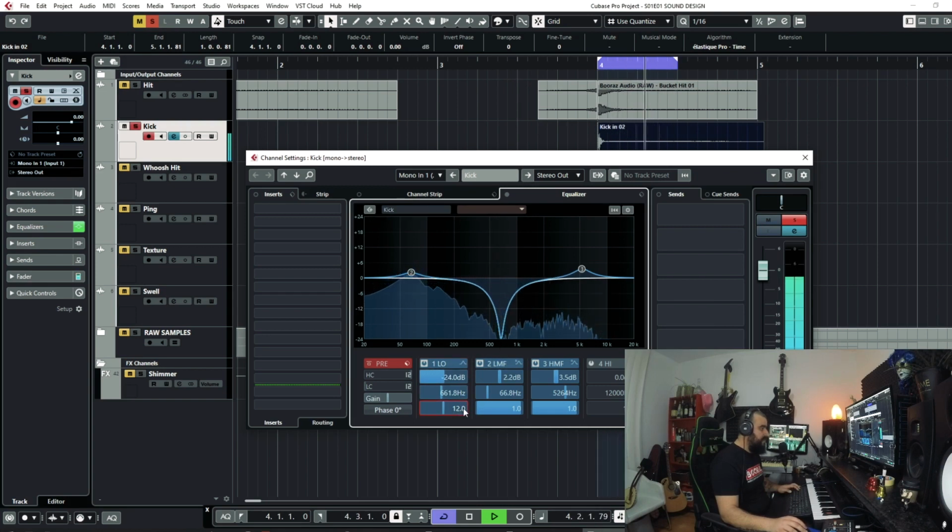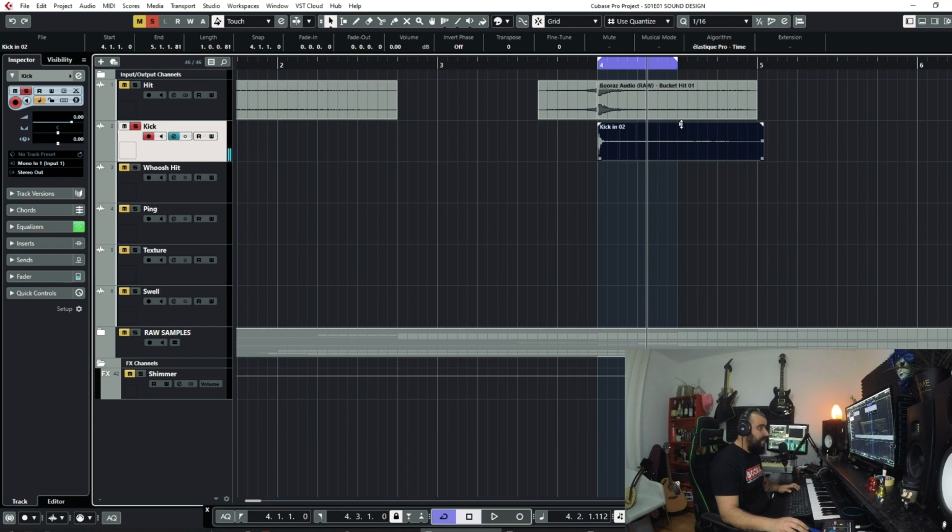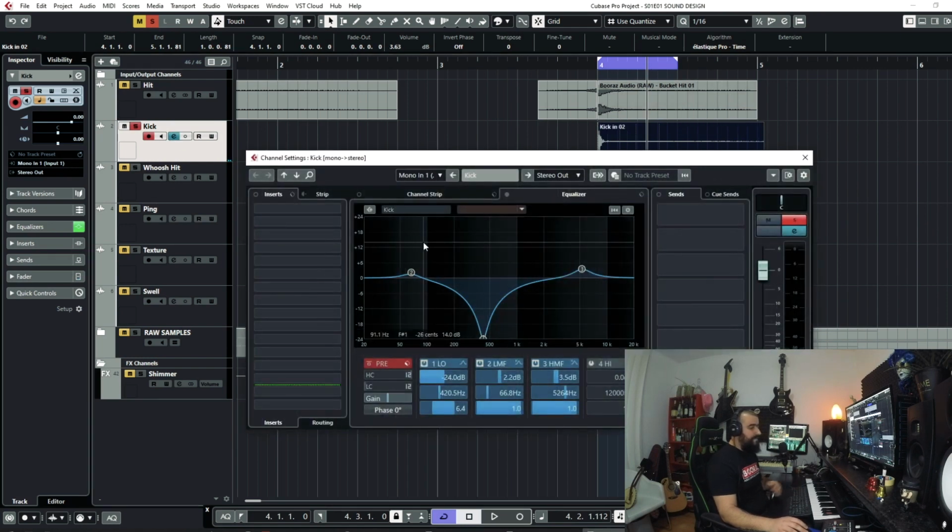You will notice that I'm basically trying to use only stock stuff here. So there is no fancy EQ happening here. I have all kinds of fancy EQs, but I don't want to use them. I want to use as basic plugins as I can. I mean, we can try and use some of the